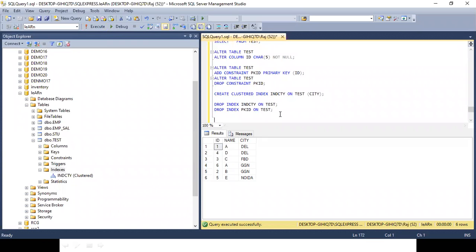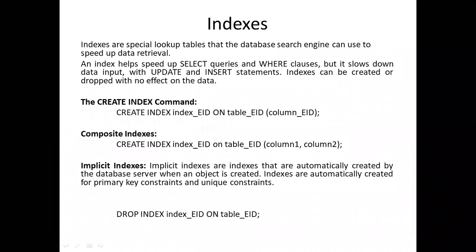Okay, right. So a good observation over here, we can see that the table has changed. We can see that it has been rearranged because we have dropped the primary key, right? As we have dropped the primary key, because the primary key was stopping it from making the changes, that's why when we implemented the clustered index on city, my data was rearranged. Is this clear? Yes, sir. Okay, wonderful. So this was indexing, and which is very important.